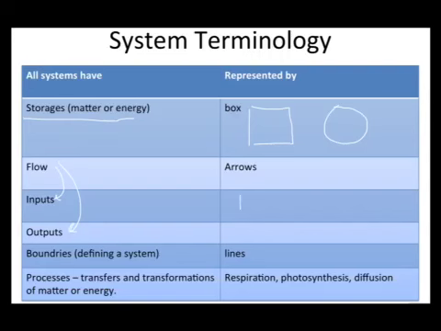If I had a storage here, an input would be going in like that, and an output would be, surprisingly, going out of the storage. These arrows might have magnitude. A bigger or wider arrow would mean a bigger amount of energy or matter flowing in or out of the storage. There are boundaries also,